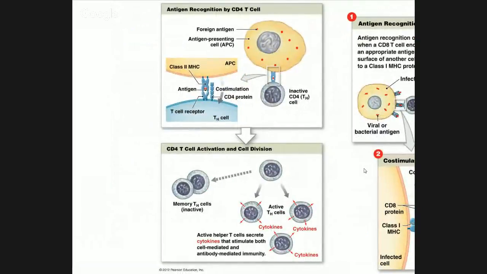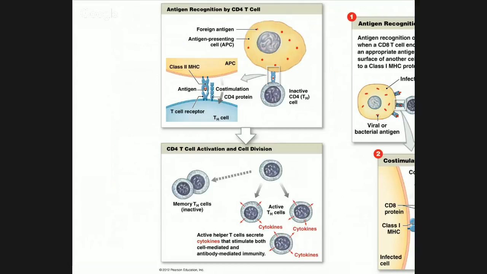So the CD4 cell, which is a type of T cell, has on its surface a T cell receptor, which is going to recognize the antigen that's presented by the antigen presenting cell. It also has a protein called CD4, which is why it's called a CD4 cell. CD4 recognizes class 2 MHC. So when the T cell receptor recognizes its particular antigen and CD4 recognizes class 2 MHC, those two binding events